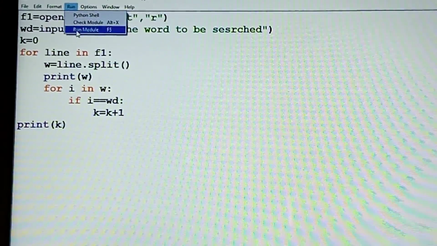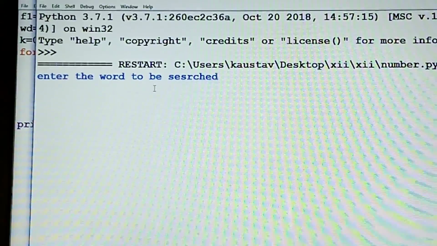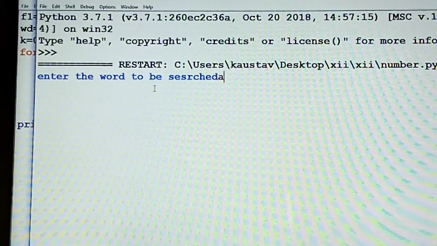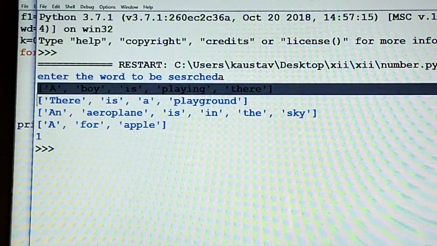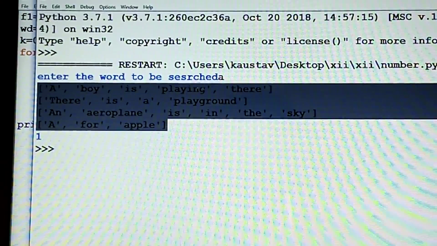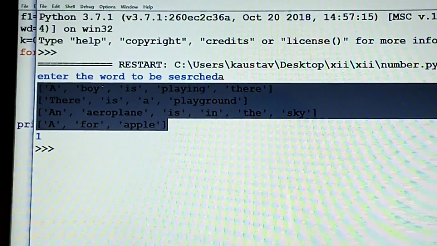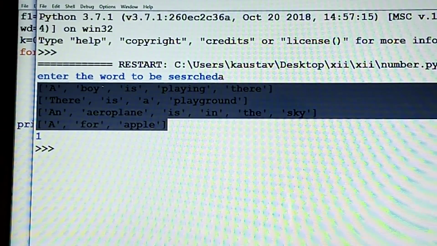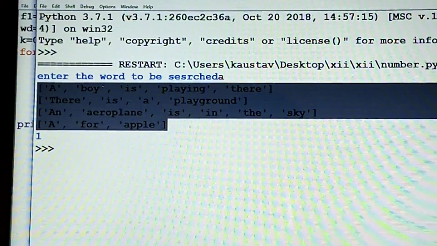I am running the program, are you able to understand this? Suppose I have entered a word to search, and I have written some text. See this, this is the content of w. A boy is playing, there is a playground. These are the lines, and those lines are separated into words and stored in a list.